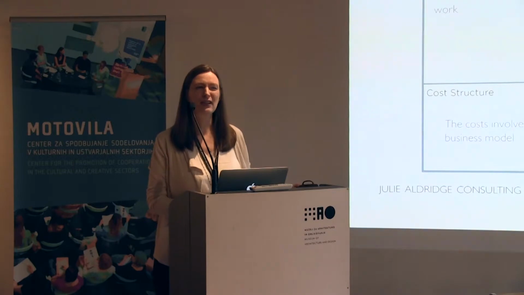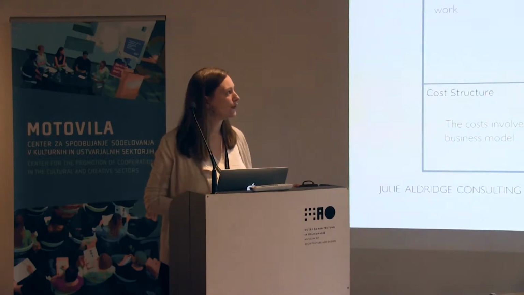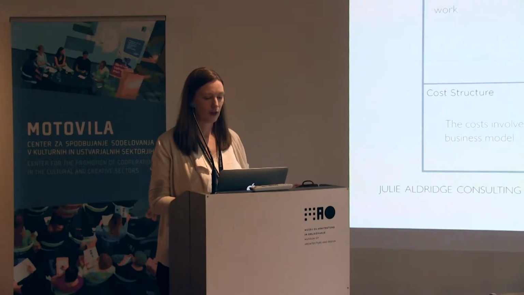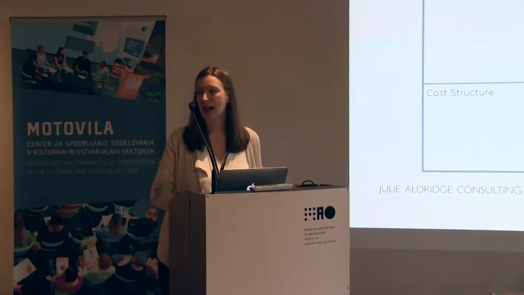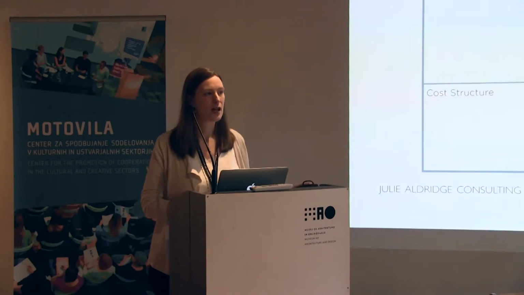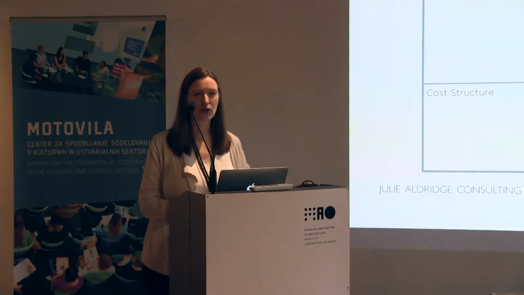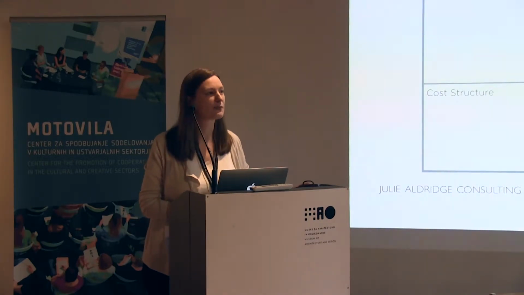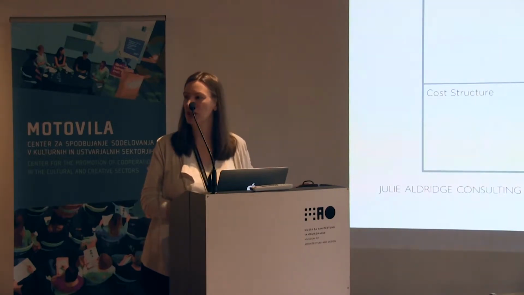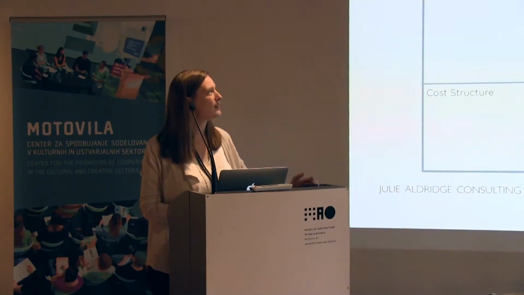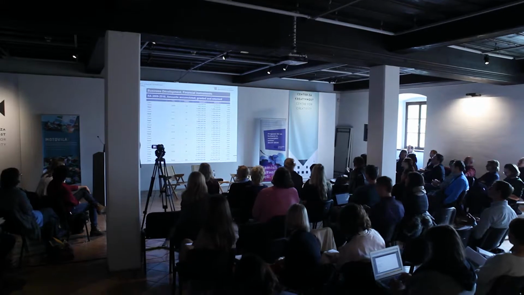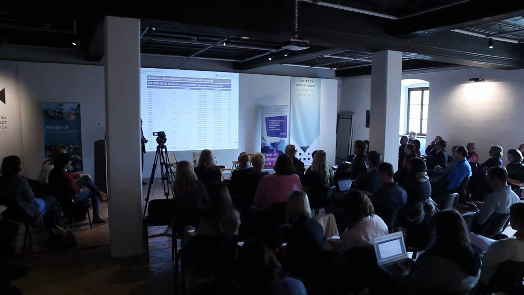So I want you to have a think about 3 different areas of your canvas. The first is this section of the model here. Have a look at that when you sketch it out and think about how desirable your business model is at the moment to each of those customer groups that you're working with, to your funders, to members, donors, different types of audiences and potential audiences, the people you want to attract into your organization. Do they really love that value proposition that you're offering? Can you define what it is that they value about what you do?